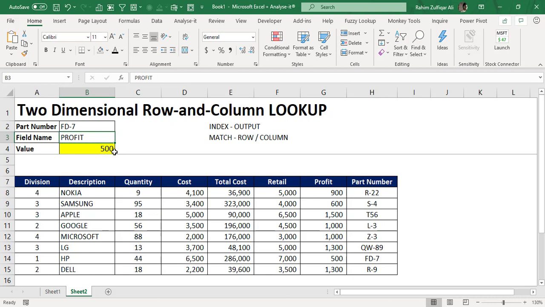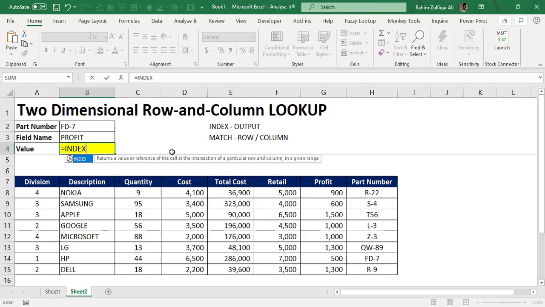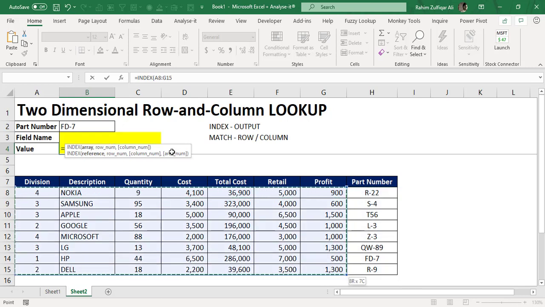Okay, so let me remove these highlighted cells so that we can move to the next example. What we're going to do is change our strategy, and this time we will use two match functions within the index. Let me write the formula here: equals INDEX, bracket open, and this time I will select 7 columns from my data source, not the last, because the part number will be a lookup value in the match function.